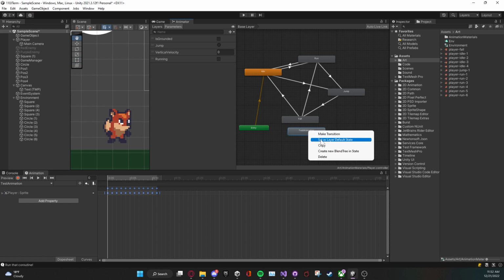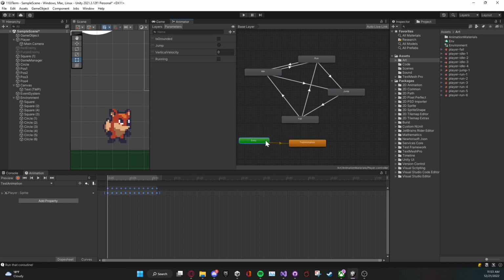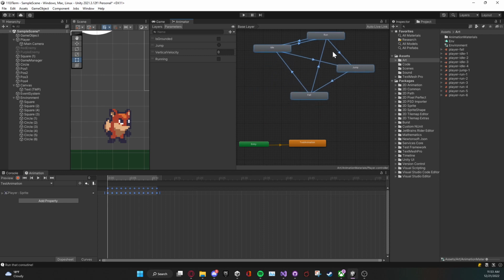I'm going to set the animation you didn't want to be your default animation to the default. So let's say your run is orange and you know you want your idle to be orange, you simply right click on it and set layer as default. Now you'll see that my entire animation web up here, that we'll be getting into in a bit, is all